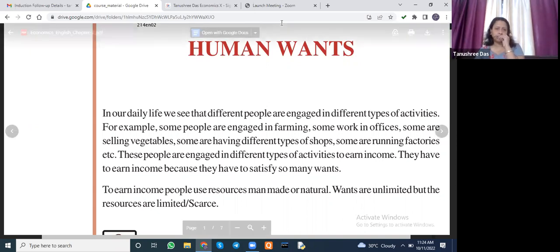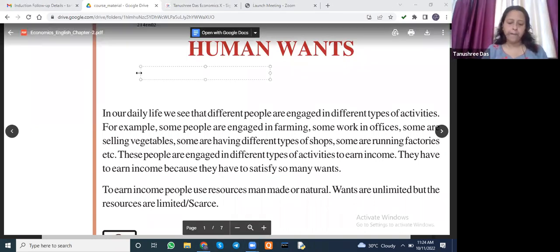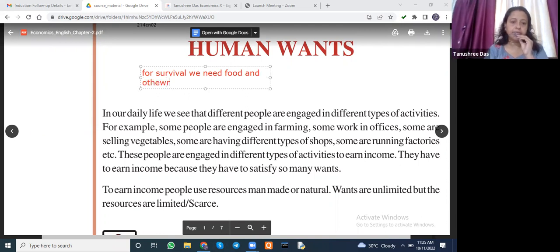First is, for survival, we need food and other articles, which will be referred as wants. And the second point is in order to